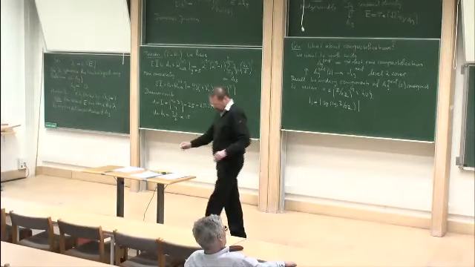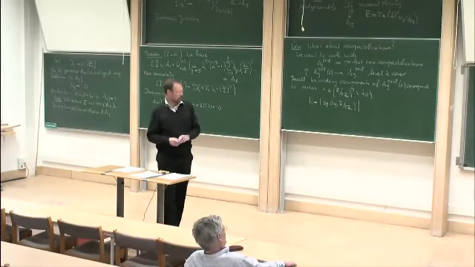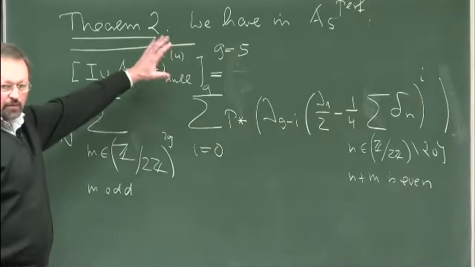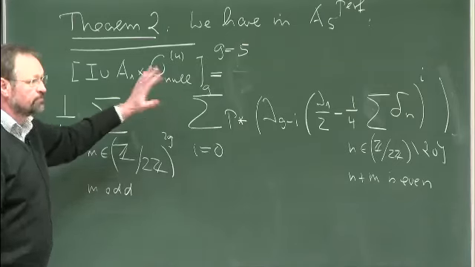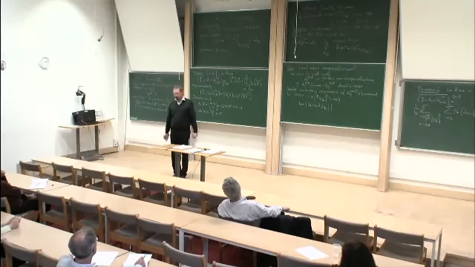Okay, and I'll try and explain to you where such a formula comes from. And as you can see, this is more general. It doesn't just apply to A_5, and I'll try and explain to you where it comes from, what it means. Sorry? M odd. So think of a two-torsion point. And you know what an odd two-torsion point is? Oh, okay, so you're just choosing some